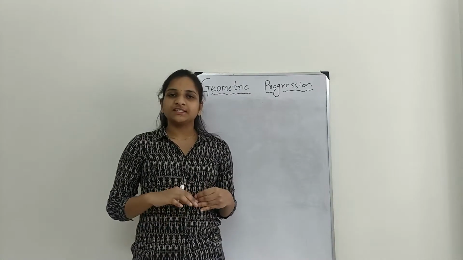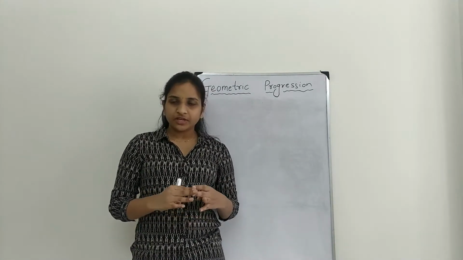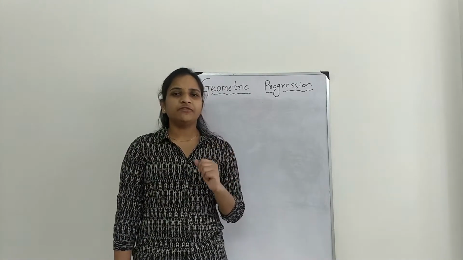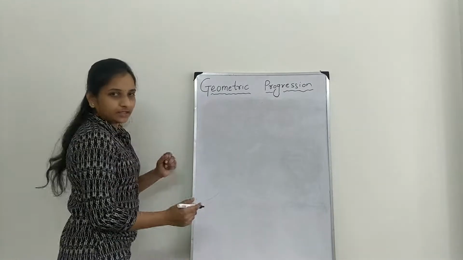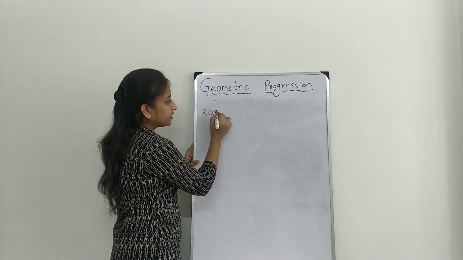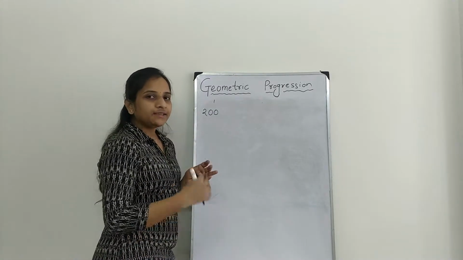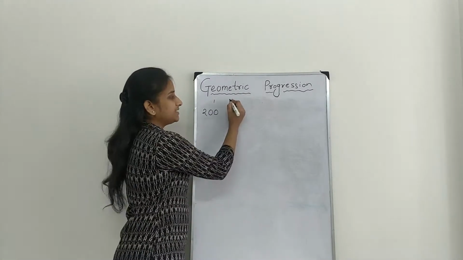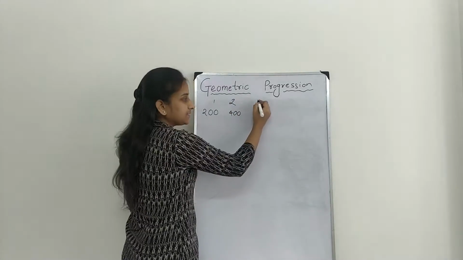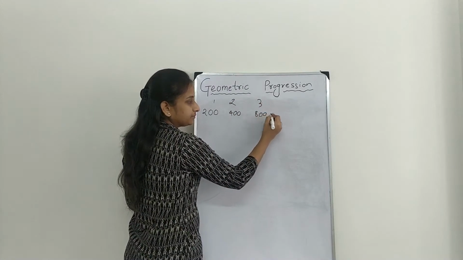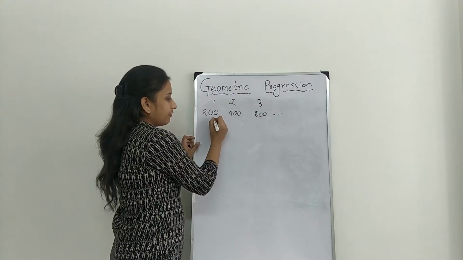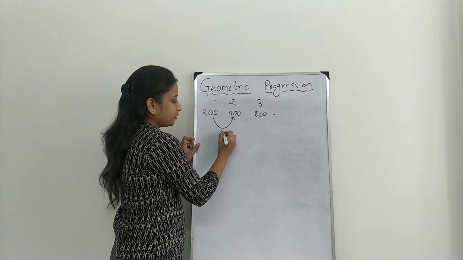Nowadays, coronavirus is spreading so fast. Every week, the total number of corona positive cases is doubling. Let's say for a country, in the first week there are only 200 positive corona cases. As the rate is doubling, in the second week the cases are 400. In the third week the cases are 800. Likewise it is growing. Here what I am doing is multiplying by 2.